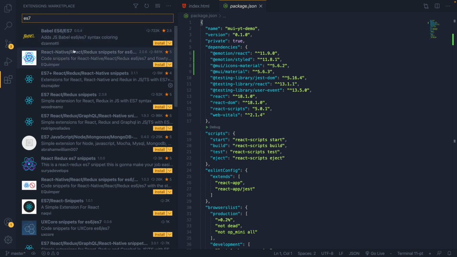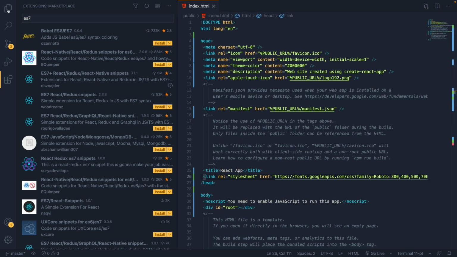Here I've already installed a plugin called ES7 plus React Redux React Native Snippets from the extensions marketplace, which will help us scaffold React components pretty quickly. It gives us a bunch of shortcuts. That's all. So once that is done, let's move to the